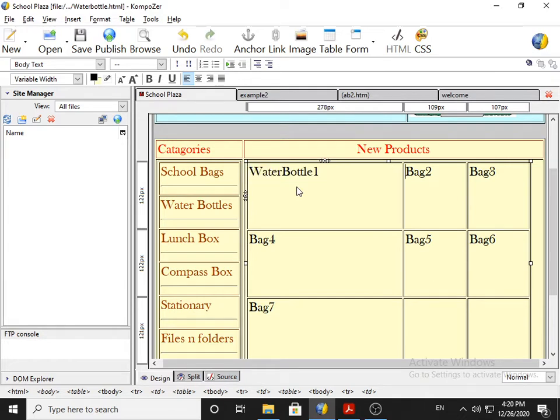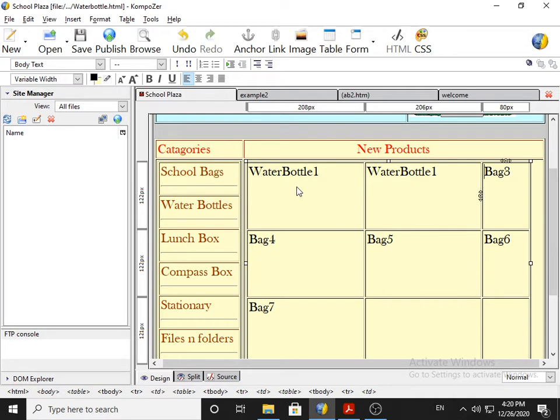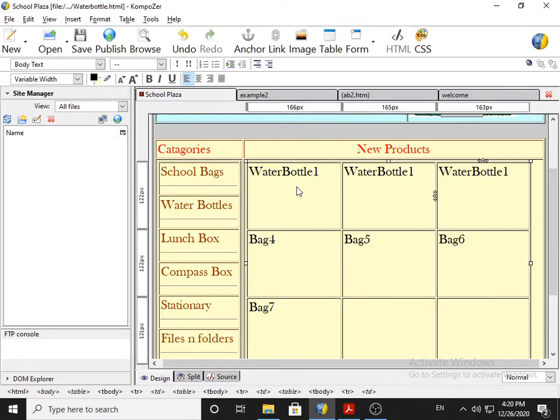Water bottle 1, water bottle 2 and water bottle 3. Okay, and I save this. So now I have 3 files.